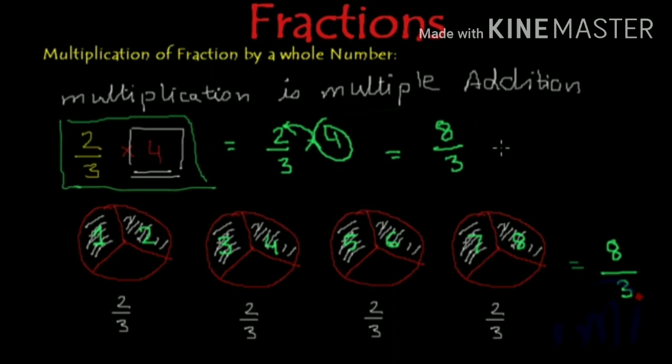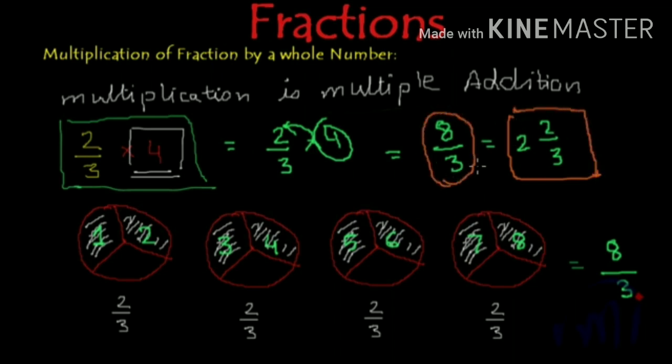This is in case of an improper fraction. Suppose they ask in terms of a mixed fraction, how will you write? So 3 2s are 6, remainder 2 is there. So 2 by 3. You know how to convert improper into mixed, try it. Okay, so 2 times of 3, so 2, remainder 2 will be there. 2 by 3 in terms of a mixed fraction. The improper fraction is 8 by 3.